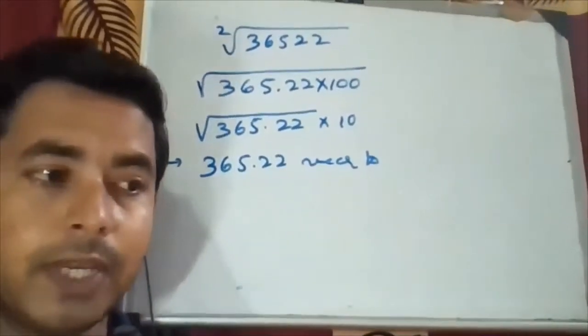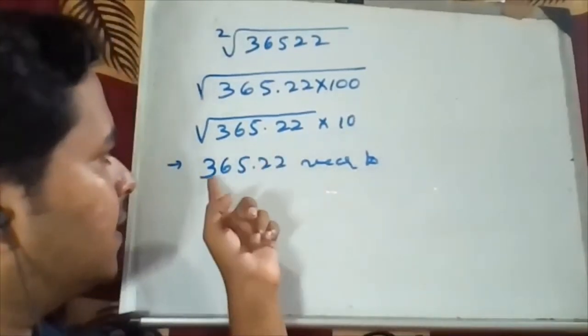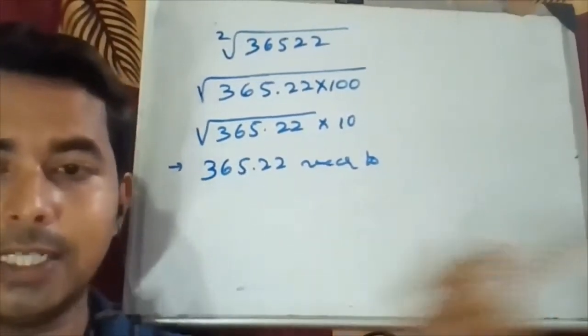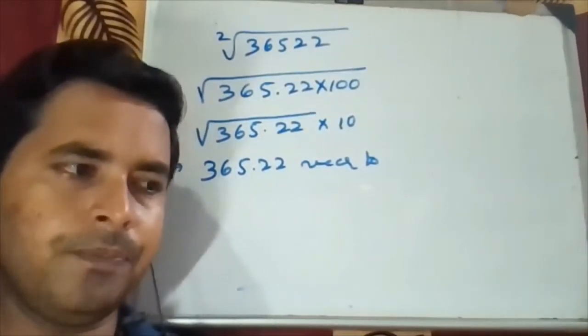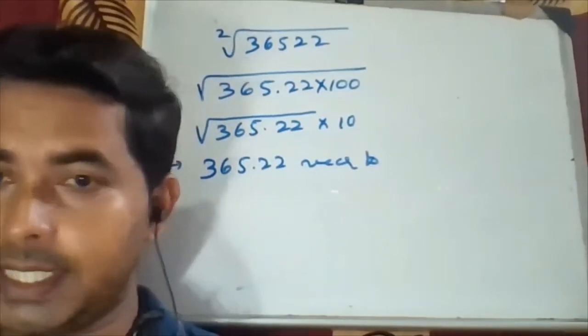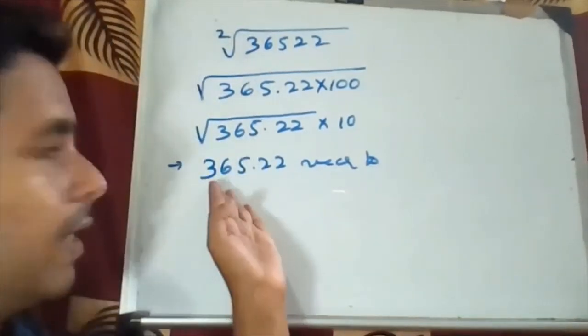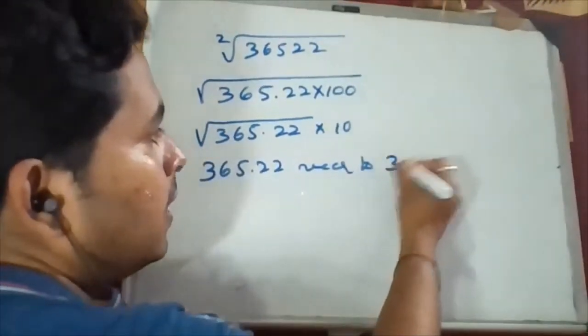365.22 किसके वैल्यू के नियरेस्ट है? अभी देखो 0.22, डोंट गेट कंफ्यूज, जस्ट सी द 365. 365 कौन से स्क्वायर के वैल्यू के नियर है? सो दैट इज नियर टू 19 का स्क्वायर. 19 का स्क्वायर वैल्यू क्या आता है? 361 आएगा. सो 361 इधर कितना दिया है? 365 दिया है. सो इट इज नियर टू 361.